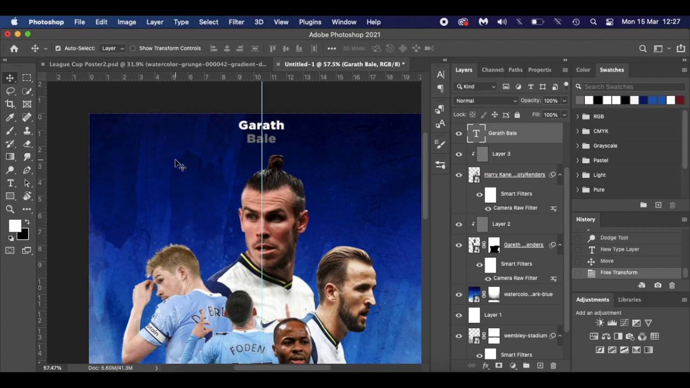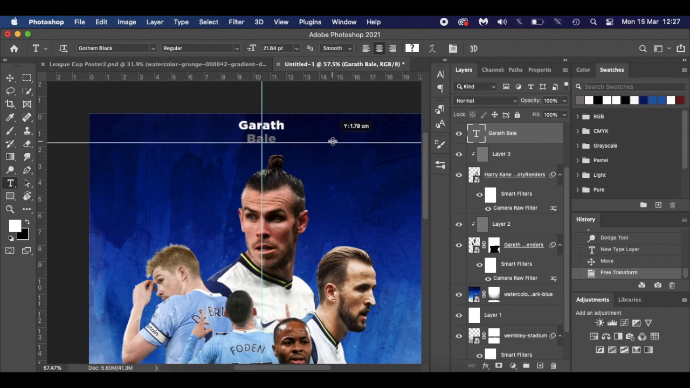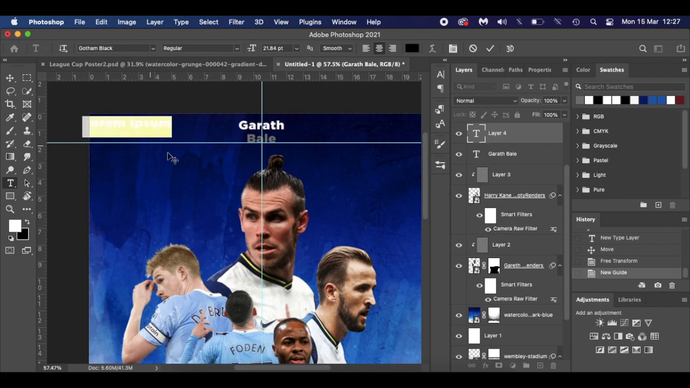What we'll do is we'll do Kevin De Bruyne. But what I'm going to do is, I've got Gareth Bale set up. I'm just going to bring a guide down, and I'm just going to drop it there. So KDB's name will be there. So go for text. Kevin De Bruyne. I hope I'm spelling that correctly. And again,